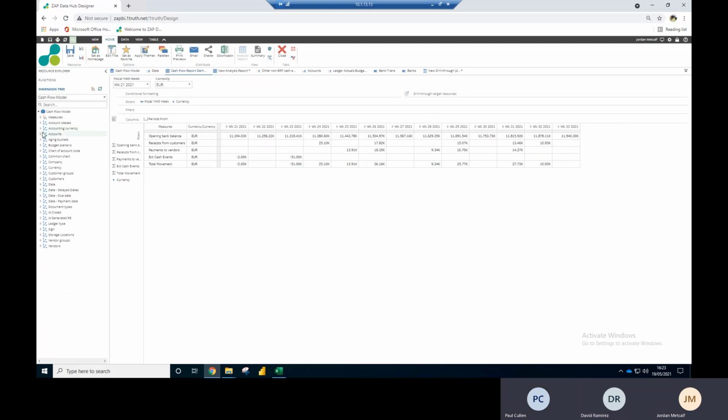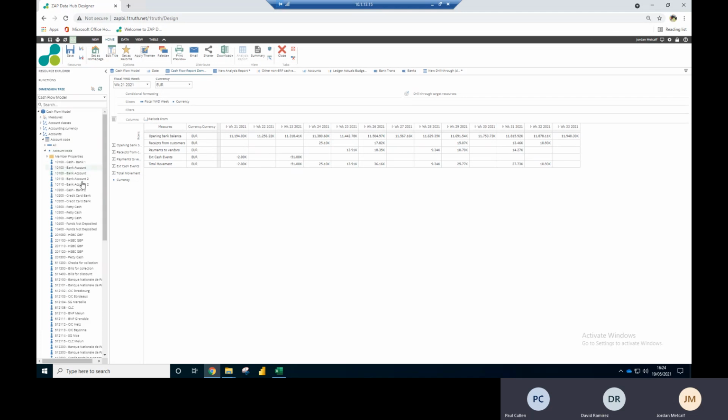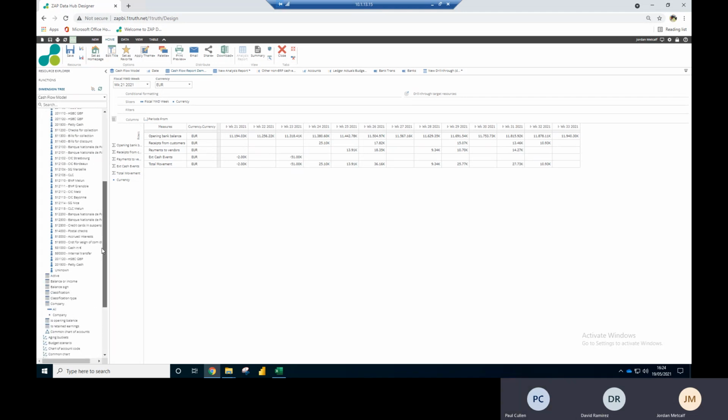Yeah, no problem. Let's go to accounts. Let's expand the account code. It should be, I think, account code. And now, do you remember it was AB we put into them? It should be